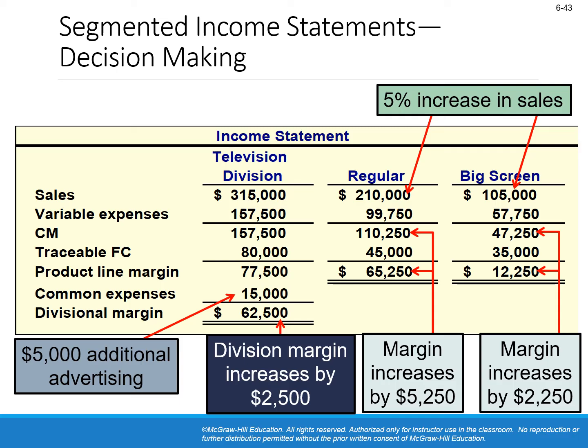Okay, so here they are basically telling us if there is a 5% increase in sales, the margin will increase by 5% in each of V2. The division margin increases by this value, and we have an additional $5,000. Okay, this is very similar to what we learned in chapter 5. I will not go through details because this is simple. This is quite simple compared to what we dealt with in